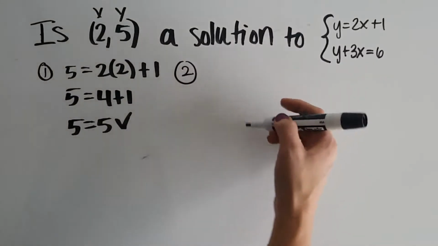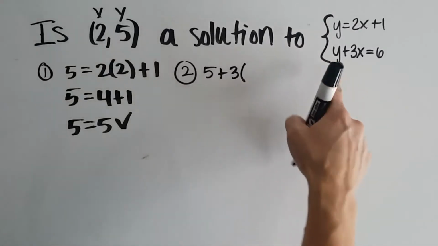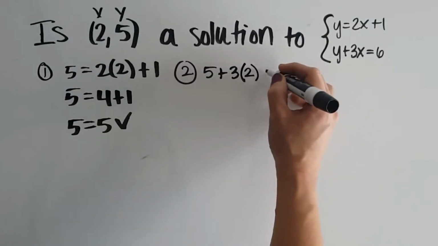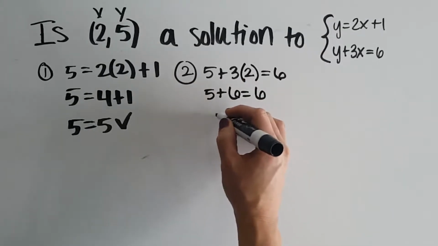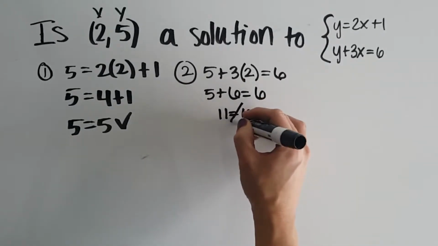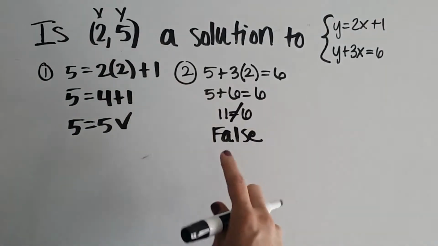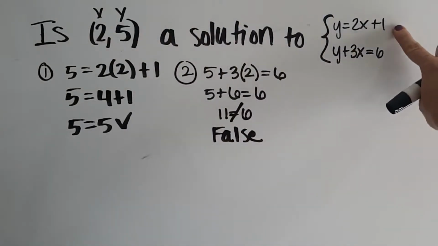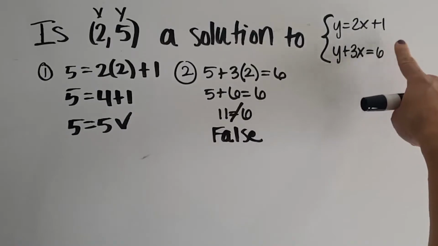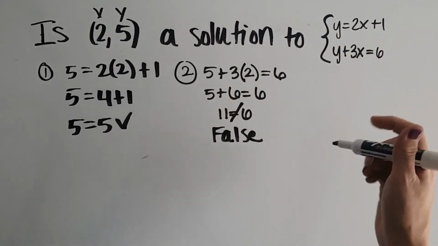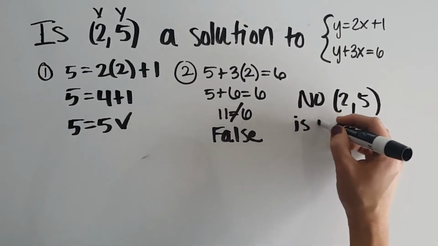So we take our second equation, we do the same thing. Instead of y, we substitute a 5 plus 3 times, instead of x, we substitute a 2. And we see if this works. So we get 5 plus 6 equals 6, which right away, I know that's not true. So because I get a false statement right here, that means that (2, 5) was a solution to the first equation, but it was not to the second. So since I'm talking about a system as a whole, we have to say no, (2, 5) is not a